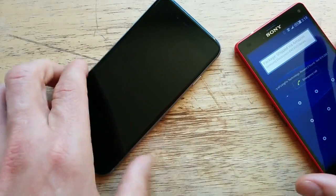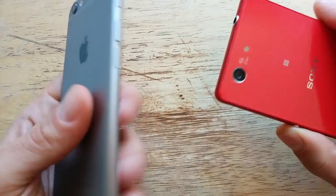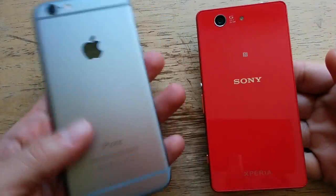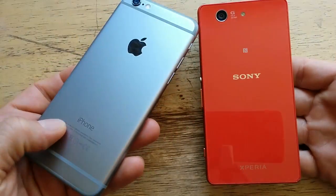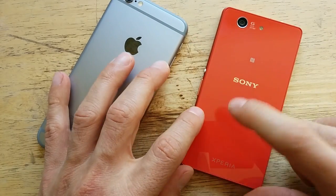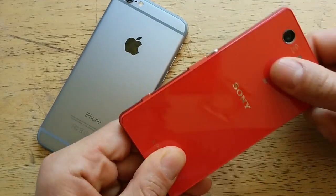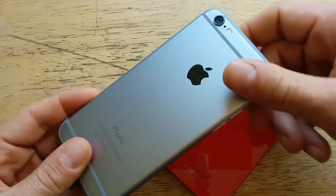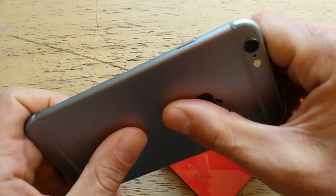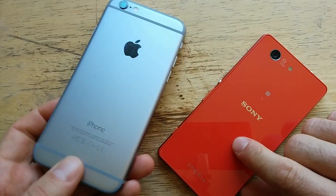Overall, the fit and finish of both of these phones is very, very good. I think they both qualify as a premium build in my opinion. iPhone 6 is going to be aluminum unibody construction. Xperia Z3 Compact is going to be polycarbonate or plastic construction, but definitely solidly built, not creaky, not flimsy like a Galaxy phone. We've seen these latest videos of Apple where people have been bending the phones. I'm not going to bend this phone, but both these phones I would imagine would bend